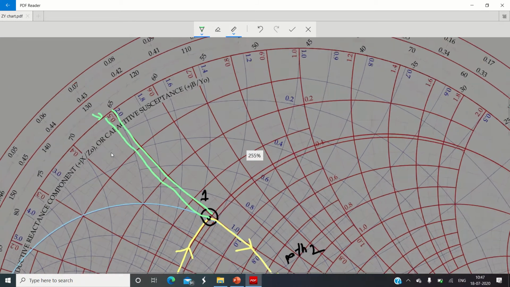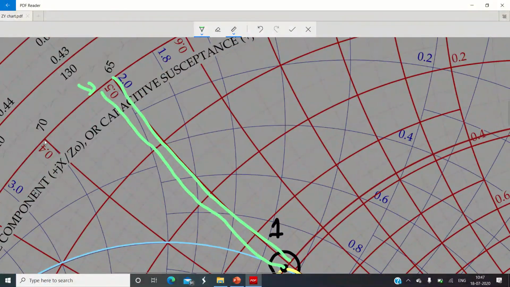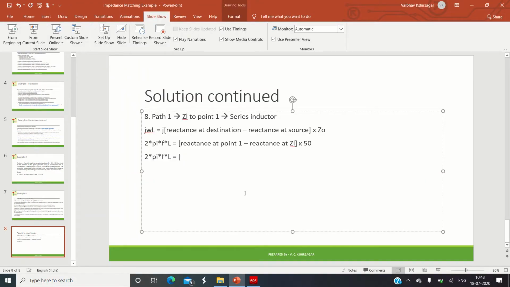If I zoom in, you can visualize. So 0.4 is over here. You need to read the value on the top of the curve, please remember. And here it is 0.5. So this line where I have shown the arrow, this is our concerned reactance point. So approximately I will take 0.42, 0.44, 0.46, and this is 0.48, positive 0.48. So here for the reactance, I will take positive 0.48, minus.